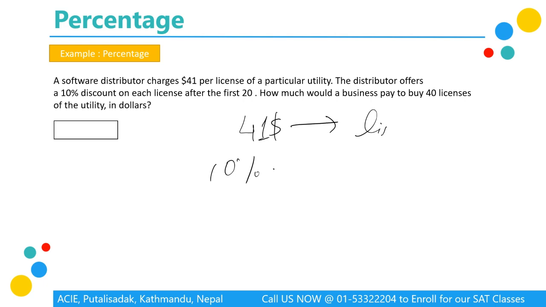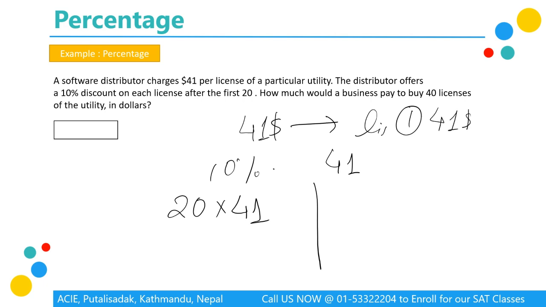So let's break it down. For the first 20, you'll have to pay the full price. It will become 20 into $41. But after that, the change भएको छ. So instead of just $41, अब के गर्ने भन्दाखेरि there are a lot of ways you can calculate कति पैसा बाँकी हुन्छ भनेर. The first way is going to be